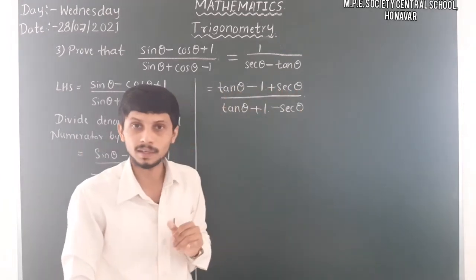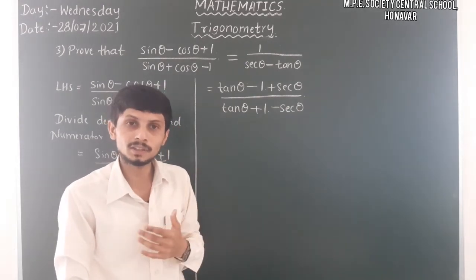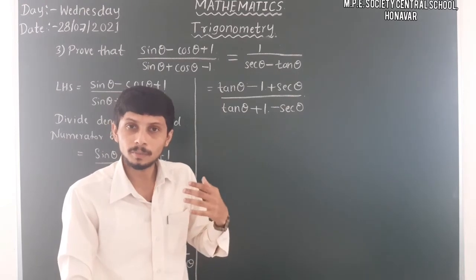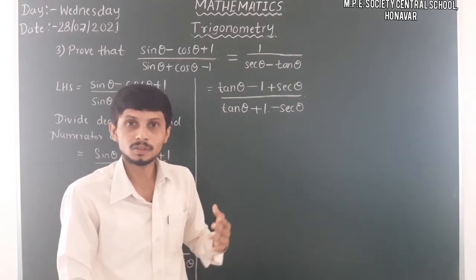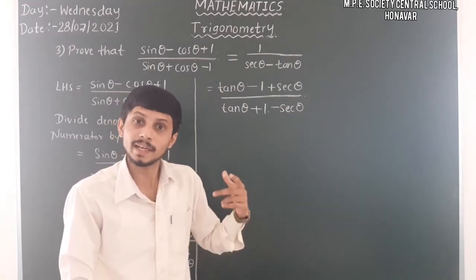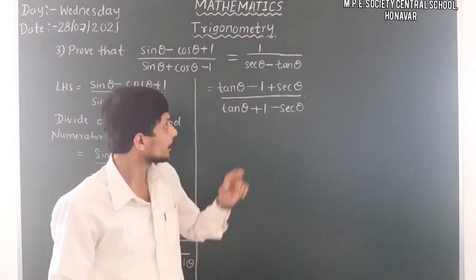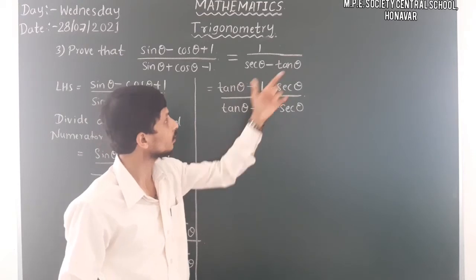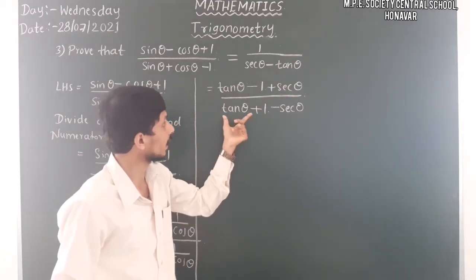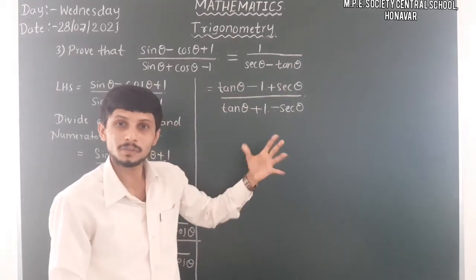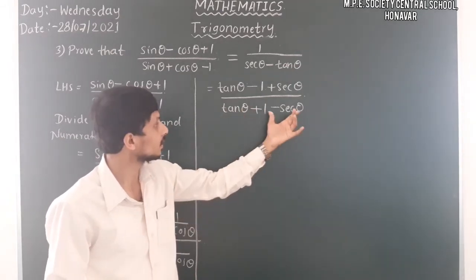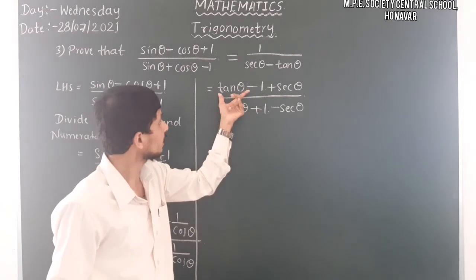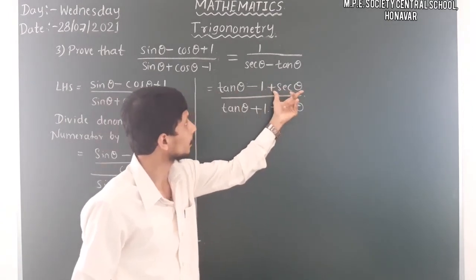minus secant theta we have. That is, trigonometric ratios are related. It is trigonometric ratios and trigonometric identities also related. So in this form, in that form we have to take. So that means here just observe, here we want 1. And here sec theta minus tan theta we want. Here tan theta minus sec theta we have, so we can convert. When you take out minus here, then you are getting secant theta minus tan theta. It is also possible.